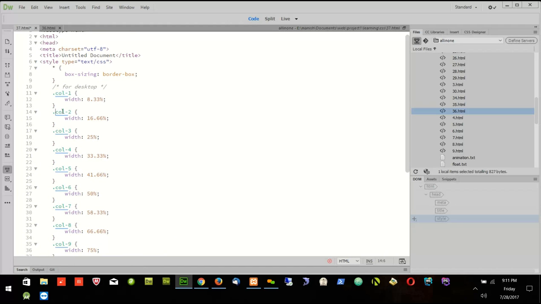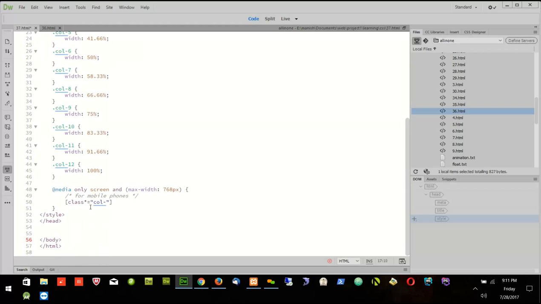If it is 2, we have this common. If we have 3, we have this common. So the common part we put inside the double quotation and we say star equal to. Star equal to means this should be contained in the class name. So col should be contained in the class name. So if I build something, if I build